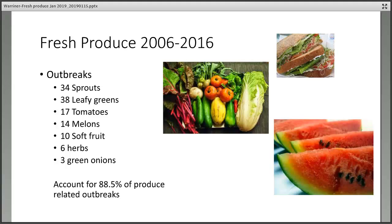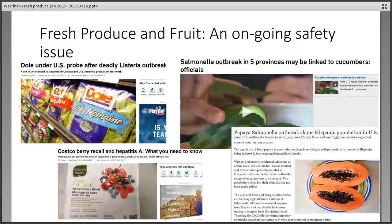Leafy greens have been involved in more than 38 outbreaks of foodborne illness. Tomatoes have a better history recently, but there are things like melon and soft fruit. So these are the targets. These are the ones we're most interested in, what you really should be targeting if you're going to do food safety interventions. And all you have to do is look at the news and you see a whole range of